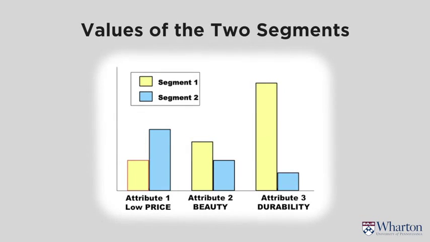So let me just give you the idea of why it is so important to have segmentation, targeting, and positioning. What I'm putting up on the background now is a slide that shows you the importance values two different segments have for roof tiles. On this graphic, you can see the yellow segment doesn't think price is that important. They don't care about whether or not it's a low price, but they do care about how attractive the tiles look, and they really care about how durable the tiles are. On the other hand, the blue segment cares a lot about the price.